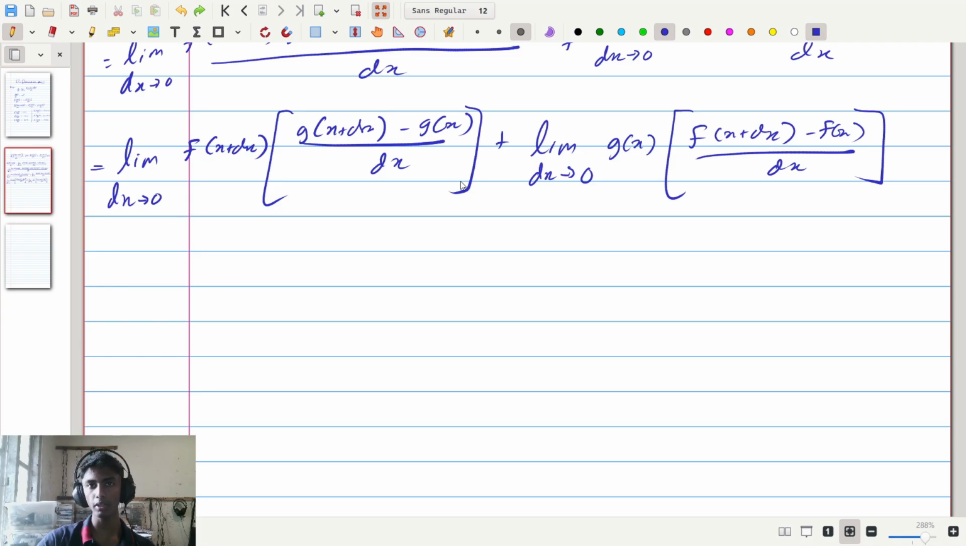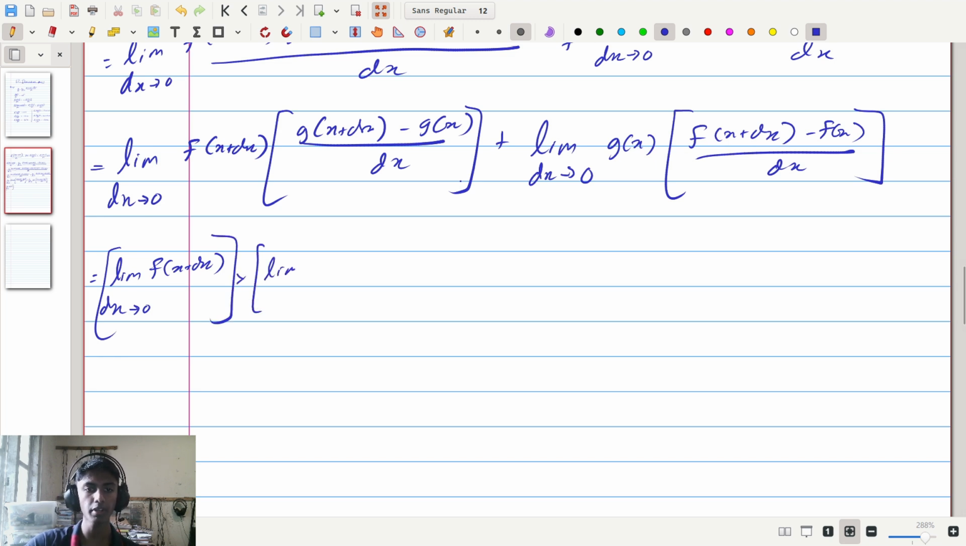The limit of the product is the product of the limits. So therefore we're going to do that on the left and say the left part here is equal to the limit as dx approaches 0 of f of x plus dx, this thing, multiplied by the limit of the second thing, which is the limit as dx approaches 0 of this whole thing here, which is g of x plus dx minus g of x, divided by dx,